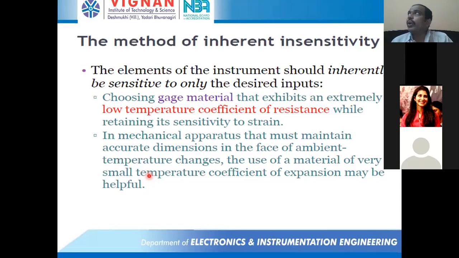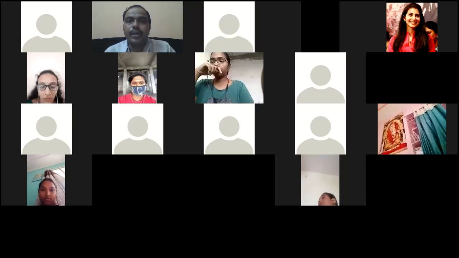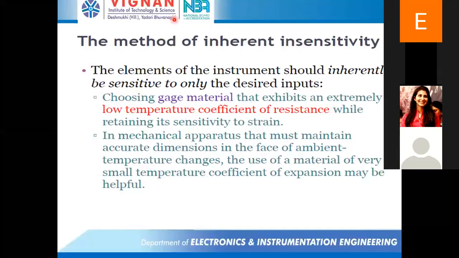So in order to reduce the effect by using this method, the instrument should be designed such that it is sensitive only to the desired inputs. Okay. So here in this method, the instruments are so designed that they are sensitive only to the desired inputs and are insensitive to both